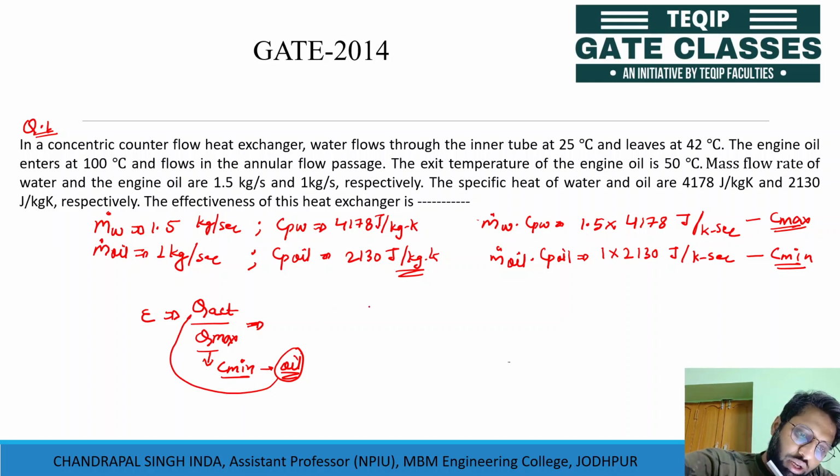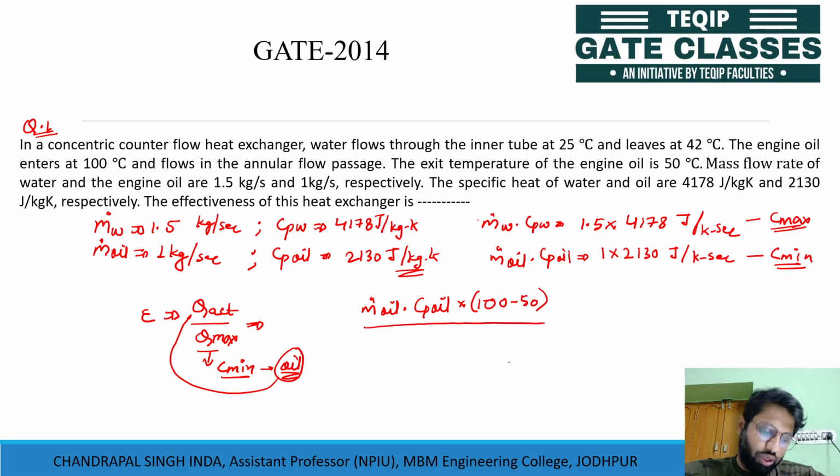So here I will have mass flow rate of oil multiplied by Cp of oil multiplied by the temperature difference of the oil, and that is equal to the T hot inlet minus T hot outlet, that is equal to the 100 minus 50,